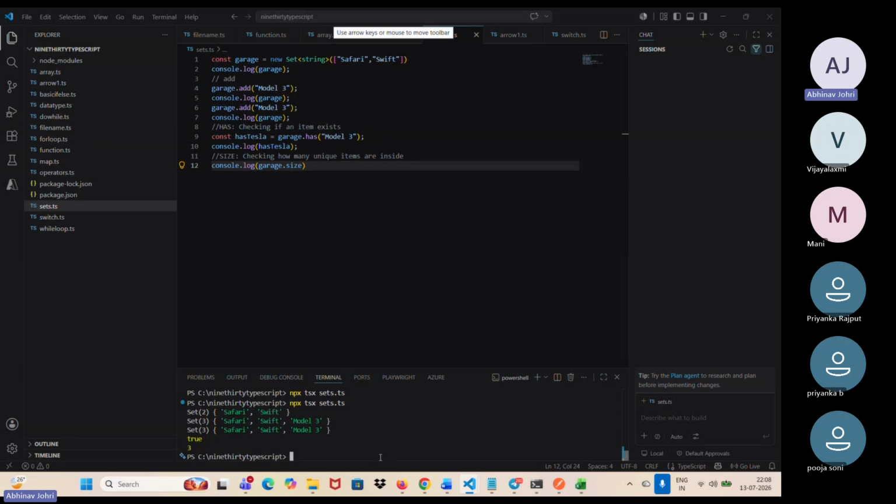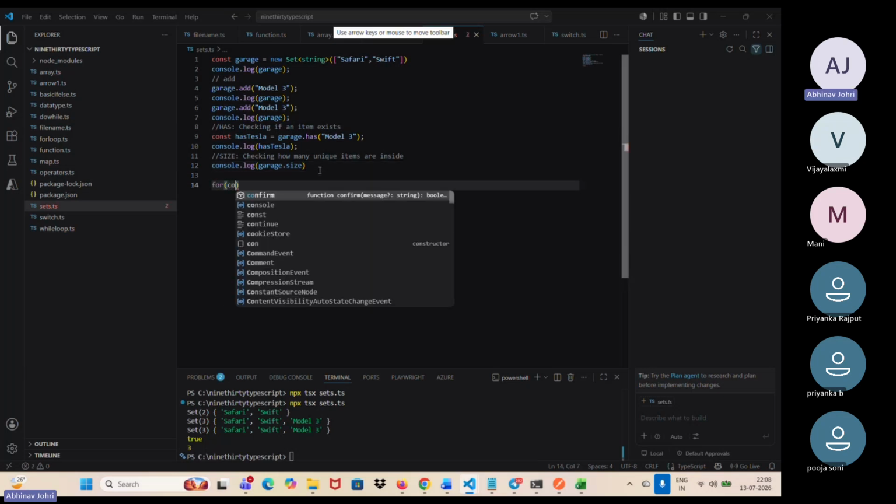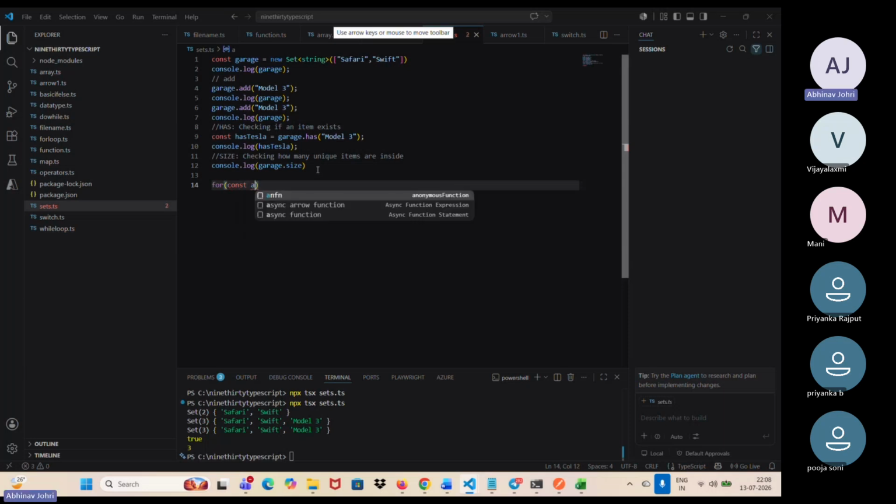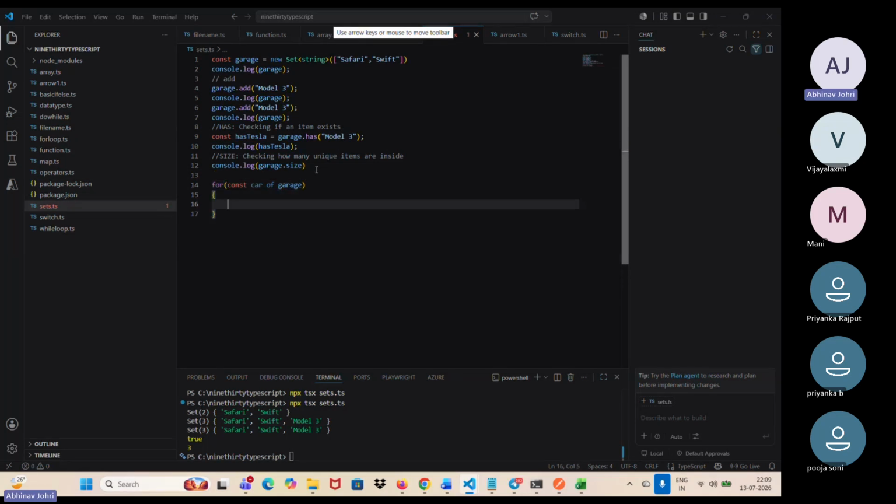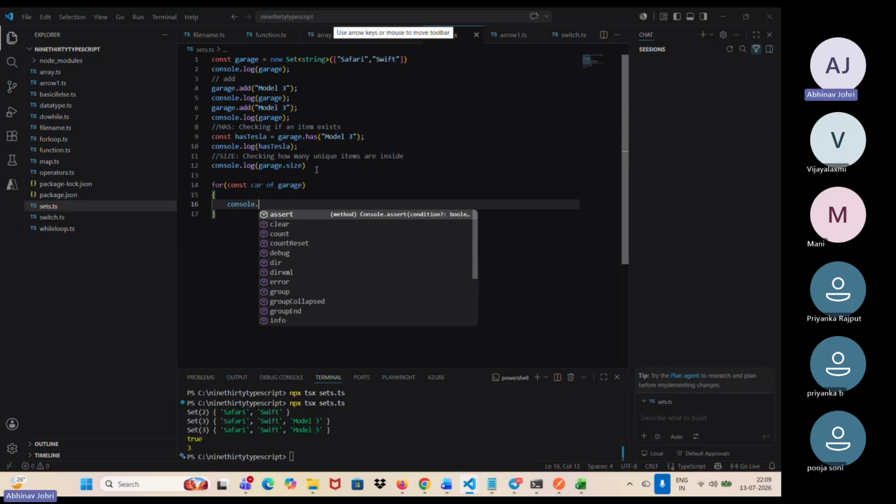अब एक-एक एलिमेंट को प्रिंट कराना है, तो देखो, अब ऐरे की तरह इंडेक्स नंबर तो है नहीं, वो वाला फॉर लूप नहीं चलेगा, i equal to 1, i less than। यहाँ दूसरा फॉर ऑफ लूप काम आता है, ये मैंने अब तक बताया नहीं था क्योंकि मैं इसका वेट कर रहा था। अब अपन फॉर ऑफ लूप यूज लेंगे। मैं जाके लगाऊंगा for const car of garage, और यहाँ console.log car।